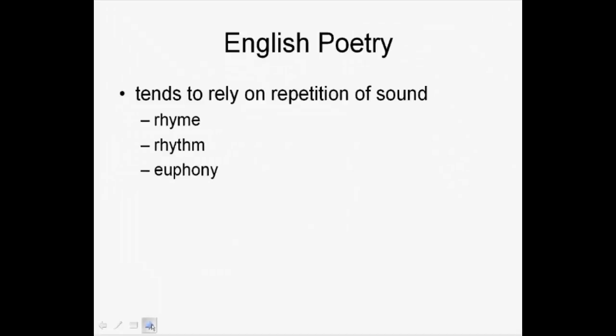You may have had a literature course where you studied euphony, the repeated vowel sounds, or cacophony, the repeated consonant sounds, or alliteration, the repetition of the first letter of a word. That belongs really in a literature course. And at some point, I hope you have had or will have a literature teacher who will sit you down and work through a poem with you and point out all the different networks of sounds in the poetry. Well, this is English poetry. English poetry tends to rely on this repetition of sound.